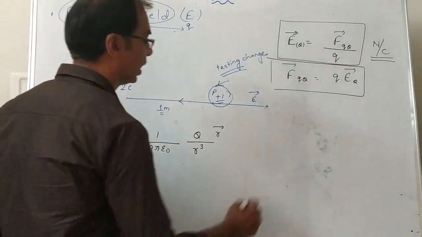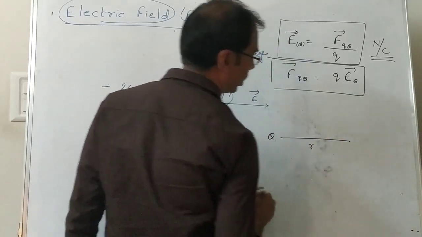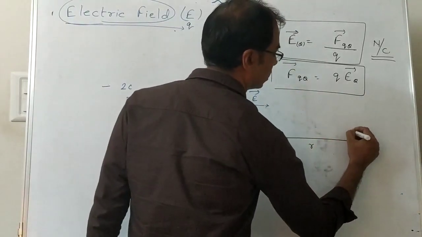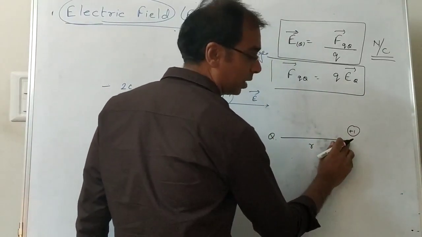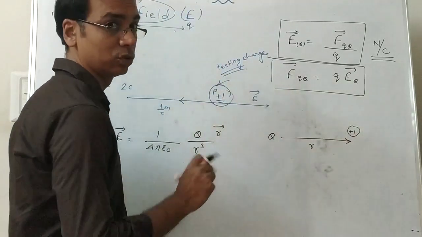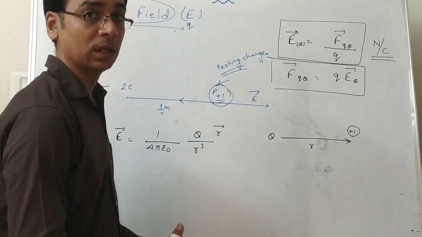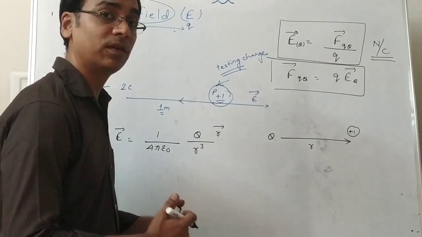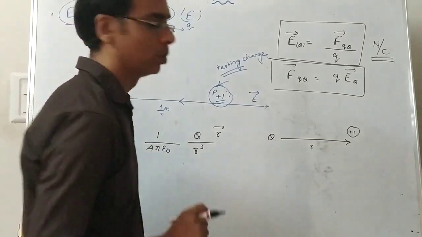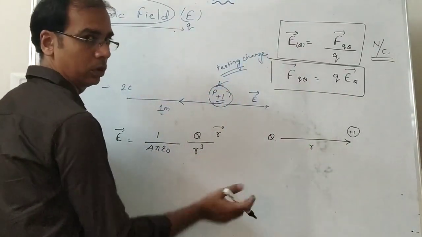Okay, suppose I say find the field due to Q at distance R over here. What will you do? Keep here plus 1, so that means we have to find the force here, right? What will be the direction? This. So we know that the direction is always towards that charge where we are finding the force. In this one, its direction is towards the charge where we are finding the electric field. So what is that charge? Plus 1 coulomb. So what is the formula? This is the formula, no doubt about that.